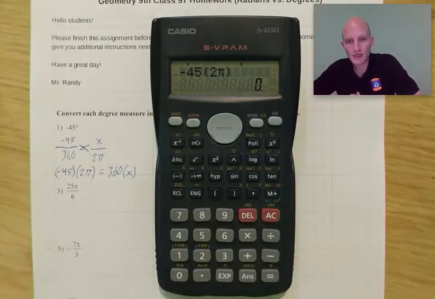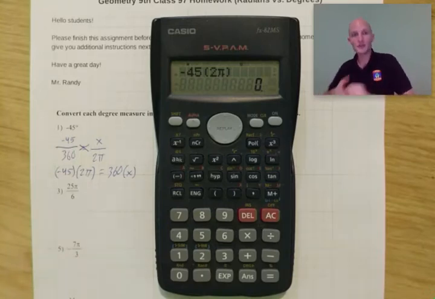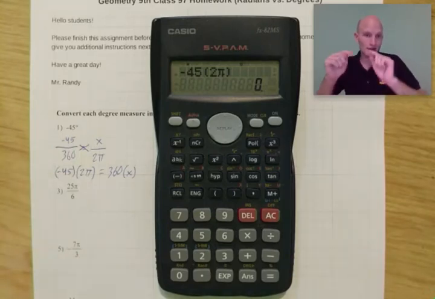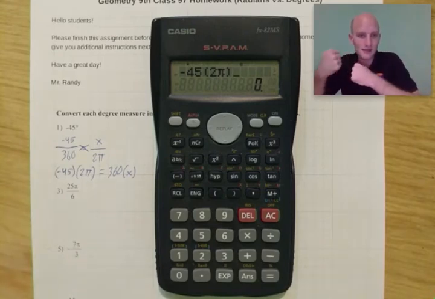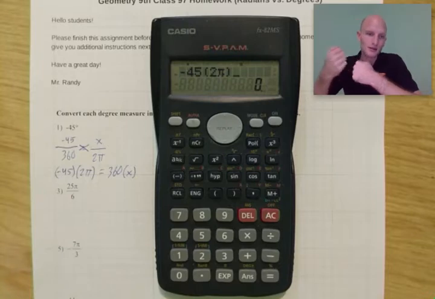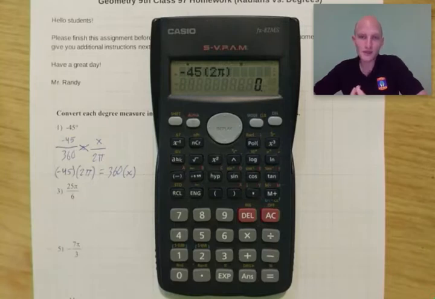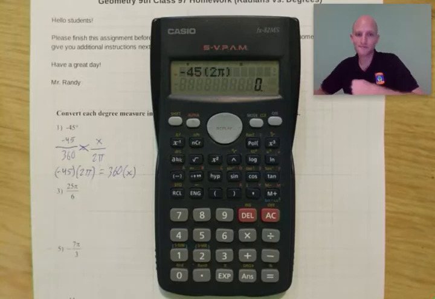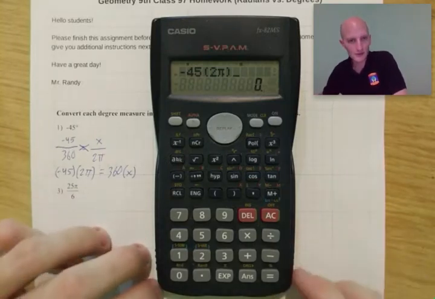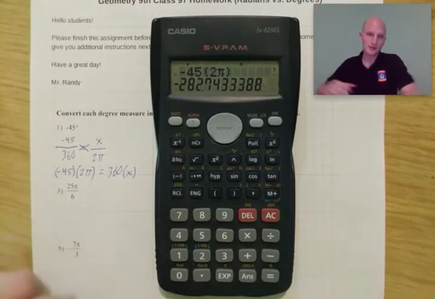Remember, there's a number of ways that you can correctly do it in the calculator. What I'm showing you is just one way. If you can get the same answer doing a slightly different method, for example, not using parentheses or something like that in the calculator, you can still do it correctly a number of different ways. The way I think about it is like, when in doubt, use parentheses if you're not sure if you need them or not. Okay, so negative 45 times 2 pi, I'm going to press equals, and we get negative